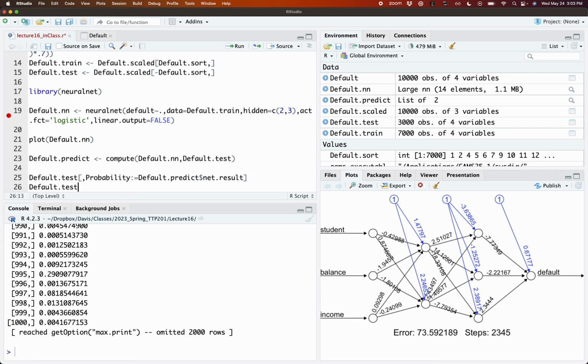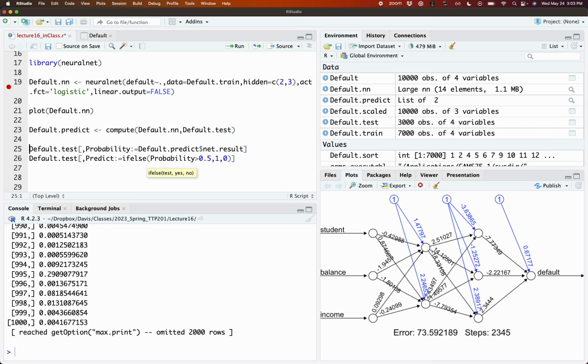Okay, so I've generated my predictions, and into my test set, I'm going to create two columns. I'm going to create one column called probability, which is the set of predictions I just made, and then I'm going to have it predict whether or not the person defaulted. I'm just going to say, if the probability is more than 50%, then we'll assign them a 1 for they did default, and a 0 if they didn't. So if I run this